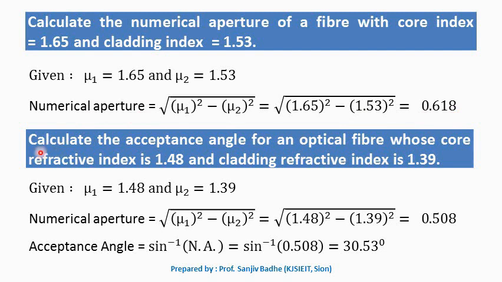This is the second one. Calculate the acceptance angle for an optical fiber whose core refractive index is 1.48 and cladding refractive index is 1.39. So here also we will first calculate the numerical aperture in the same way as we have done in the earlier problem. Numerical aperture is square root of mu1 square minus mu2 square. In this case mu1 is 1.48 and mu2 is 1.39. So numerical aperture calculated is